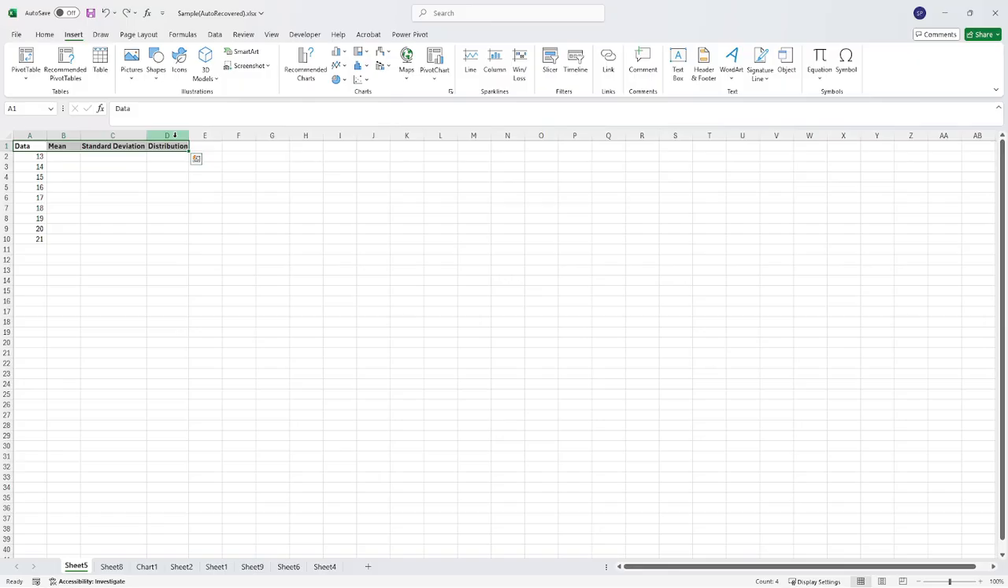Firstly, let's calculate the mean, which is essentially the arithmetic average of your data set and will serve as the central axis for your bell curve. To do this, go to cell B2 and enter the formula equals AVERAGE and then select your data range, perhaps something like A2 through A10. Once you press enter, Excel computes the mean for you, neatly setting the stage for a symmetrically distributed bell curve